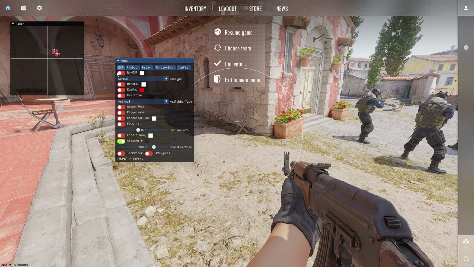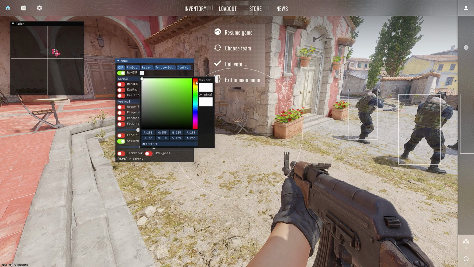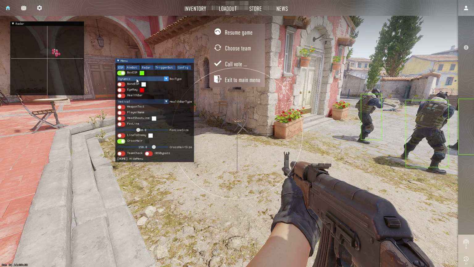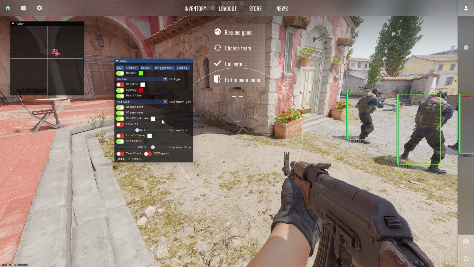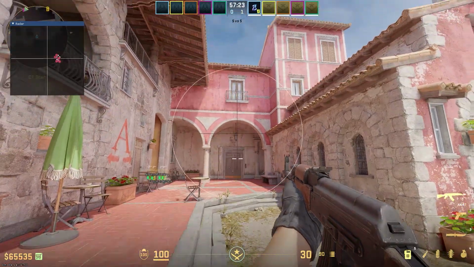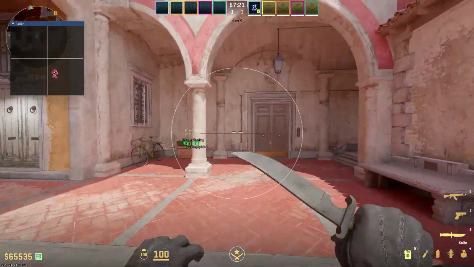And the last tab is ESP. It's default visuals. We can set them with any color you want. Also we can change the style, normal, dynamic. We can enable bone ESP, health bar. For example, we can select horizontal and vertical health bar. Also we can enable weapon name, player name, and also different lines like this one, and this can help you to aim your crosshair better